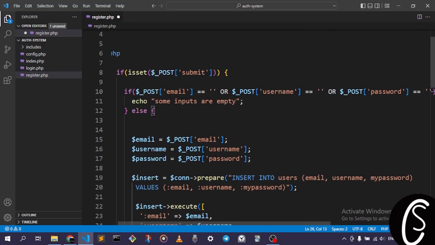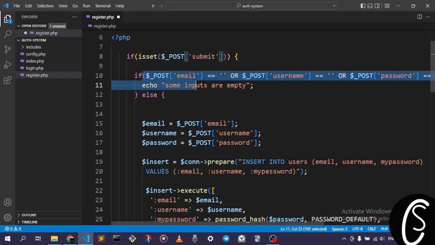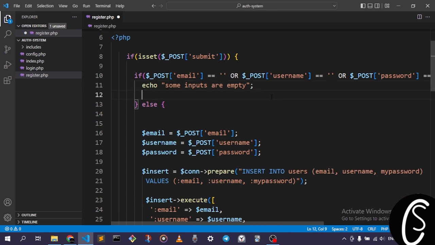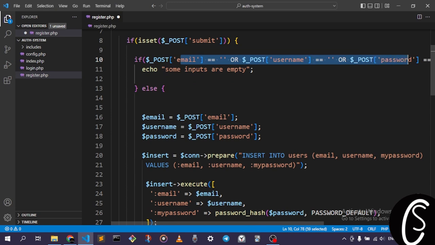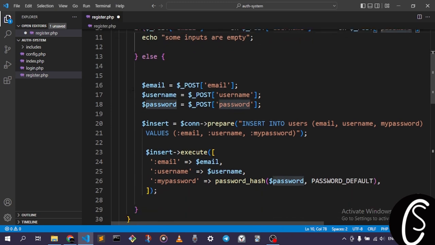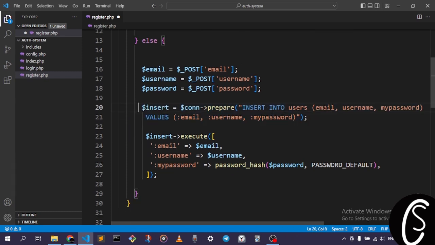All right, so what we basically did for now is we went ahead and checked for submit. We checked if our own inputs down here are empty, we are going to display some kind of message to tell the user that some inputs are empty. If he enters data into the three inputs and he did not leave one, we're going to take this data and process it with some query down here. We're going to insert into users email,